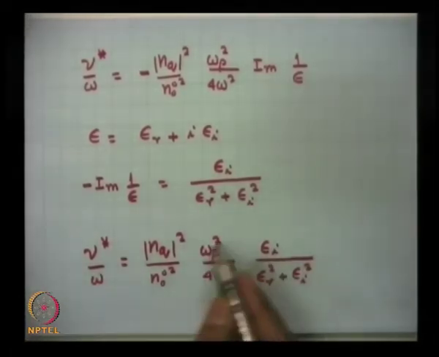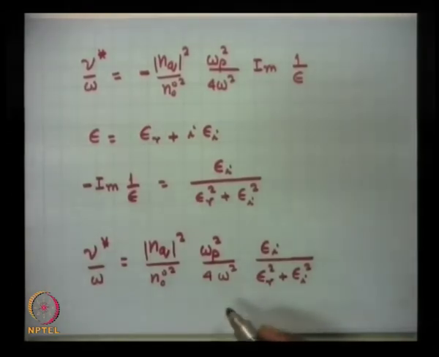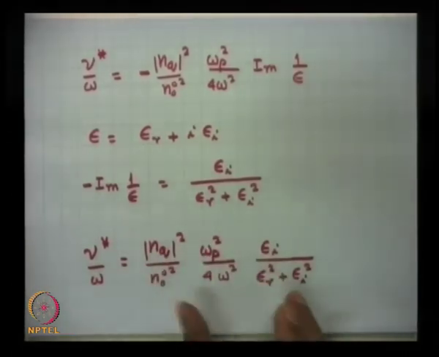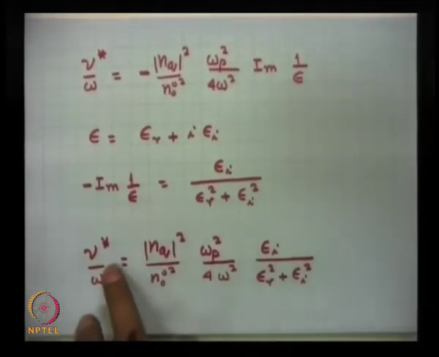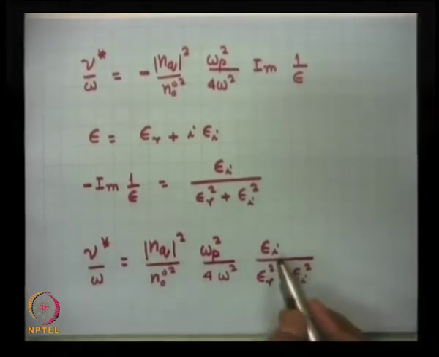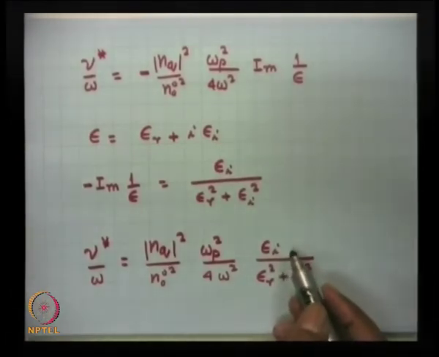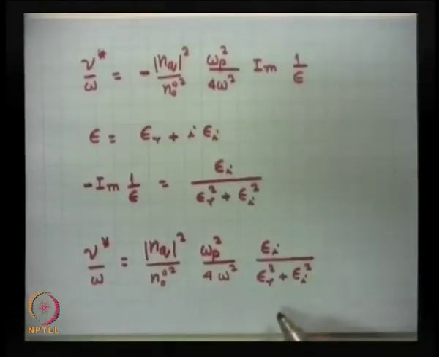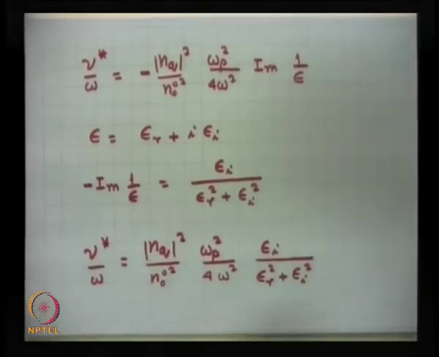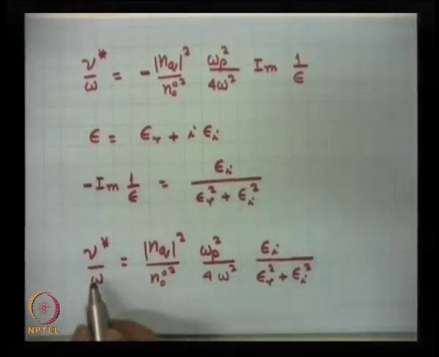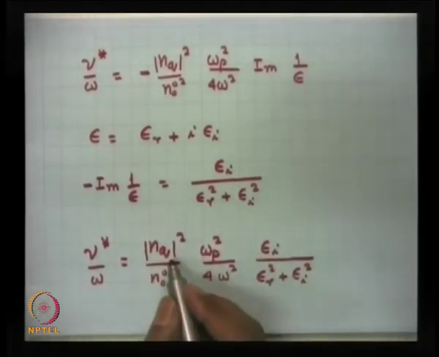This is a very neat expression and valid quite accurately for resistivity, anomalous resistivity of the plasma. There were no collisions. Just because of Landau damping, epsilon I is finite, and I have given the expression for epsilon I also. So, this is an important expression. It is very large when omega is close to omega p. So, when your high frequency wave that you are launching from outside has a frequency close to omega p, then resistivity caused by the density fluctuation could be very large.